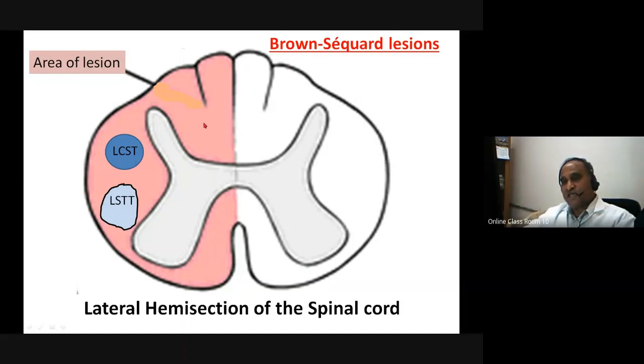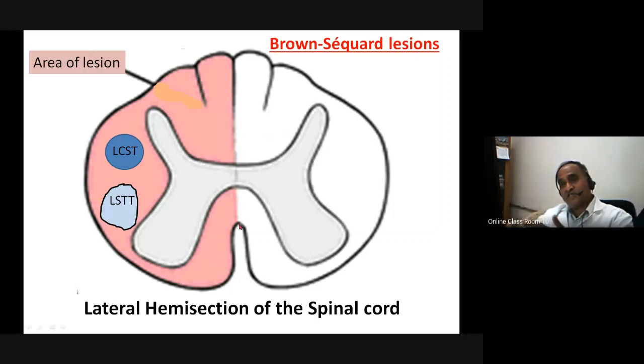So that may be a bullet or gunshot injury or a fall on a sharp object. And of course, when you fall on a sharp object, it will not be so restrictive. A bullet injury, when it passes through half of the spinal cord, that may be possible, or some other diseases. So this type of hemisection, we can say, is a Brown-Sequard type of lesion. Brown-Sequard wanted to be a poet, and then he decided to be a doctor, and he started studying spinal cord lesions.